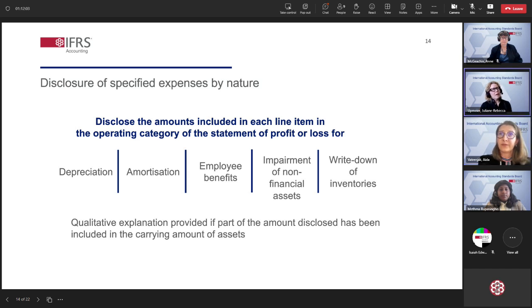Sure. In addition to limiting the expenses to the 5 items that I've just mentioned, another step to reducing cost is that IFRS 18 does not require a company to disclose expense amounts. A company could instead disclose amounts for which part of the amount has been recognized as part of the carrying amount of an asset. This means companies can use information that they're currently already collecting from their systems, such as the depreciation charge. However, if a company does not disclose the expense amounts, then the company would need to provide a qualitative explanation of that fact and also identify the assets involved.